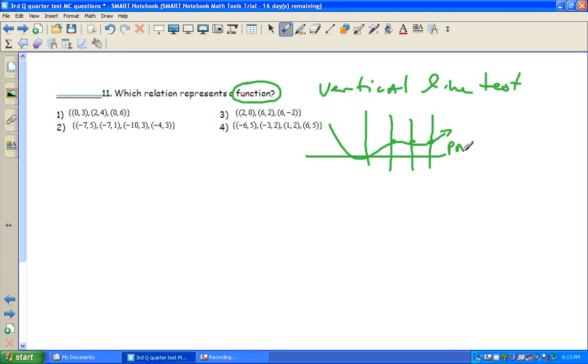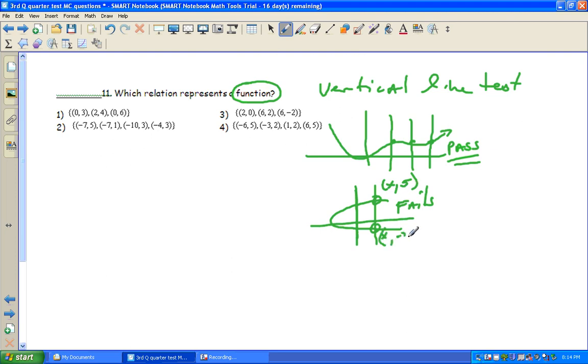That's good, that passes. That's a pass. But if you have a graph, and the graph is able to touch the vertical line more than once, that fails. What happens here is, whatever the x value is, it has a y value,